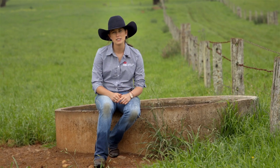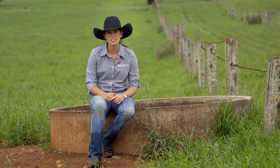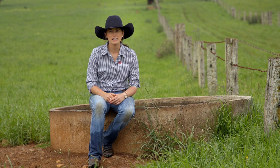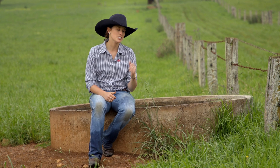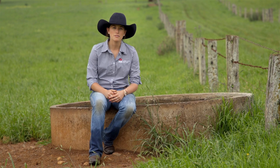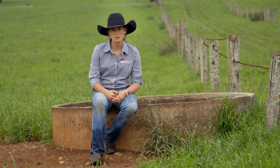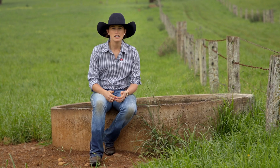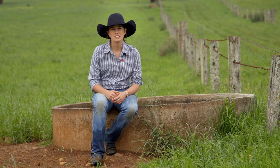Now that we've had a look at the pastures and weeds and we know that the pasture is ready for the cattle to come in and graze safely, we'll do the last few things on our paddock checklist. I've just checked this water trough behind me and know it's good quality and there'll be enough water for all the cattle as it's being pumped by a solar pump, which is currently working. I will still check the water each day to make sure it's good quality and enough quantity there for the